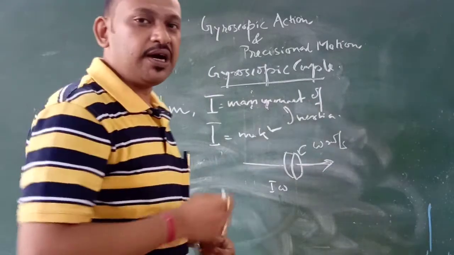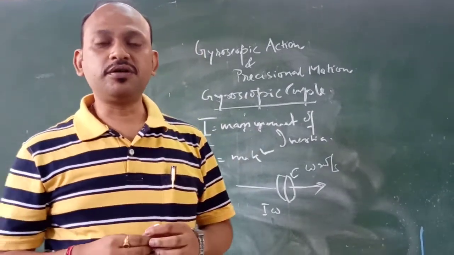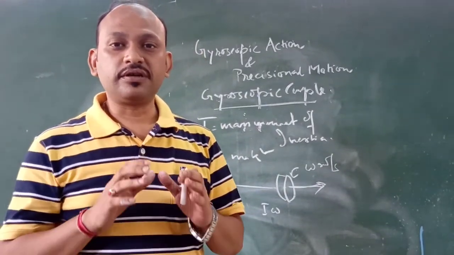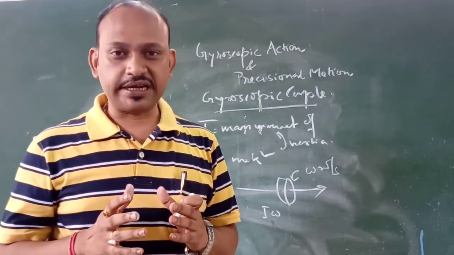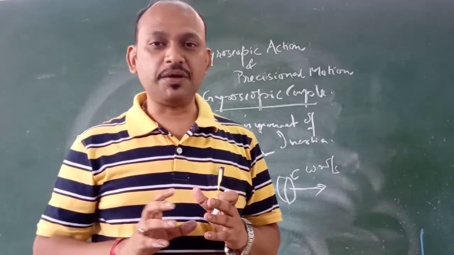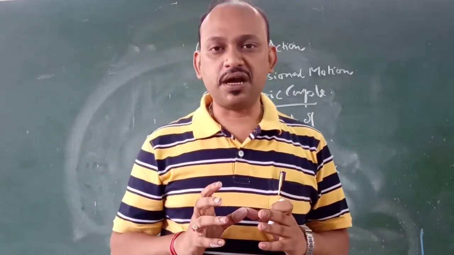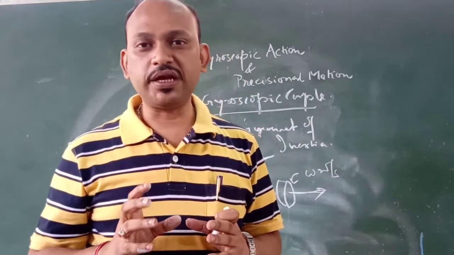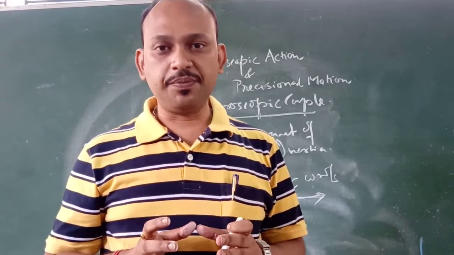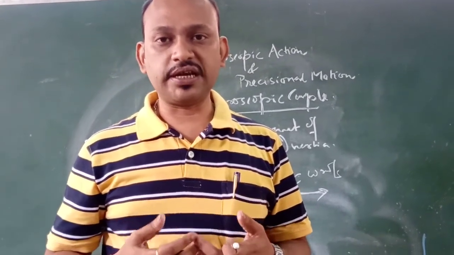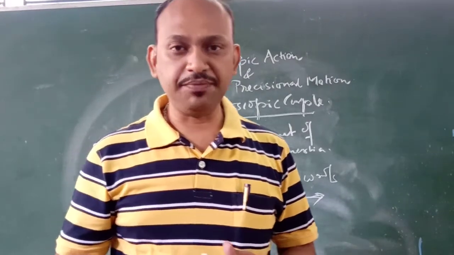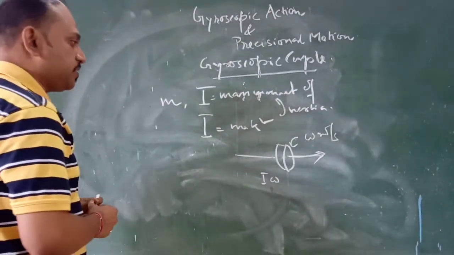So we are interested to find out about the torque which is acting on the system, and how that torque is acting. This is mainly due to a certain couple acting on the system, and that couple is known as the active gyroscopic couple. So the active gyroscopic couple and the external torque which is acting on the system, both of them are the same thing. So how can this be represented?